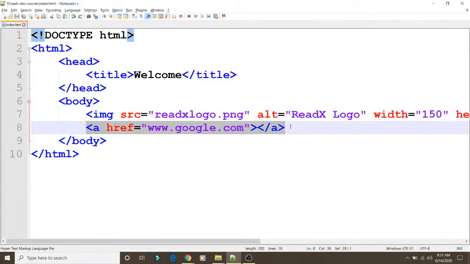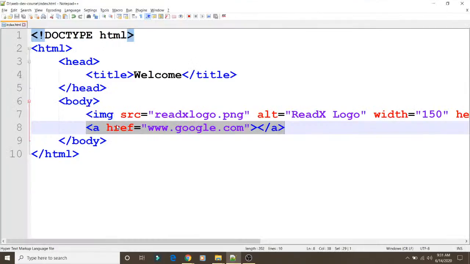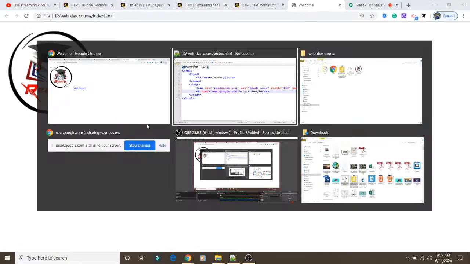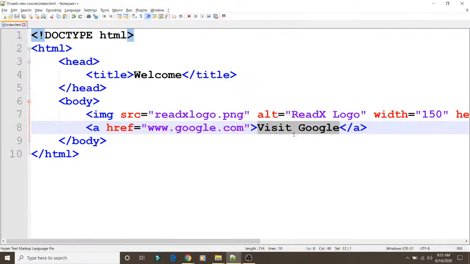You have given this anchor tag in your page, but no text is appearing, so it is unable to find where to click. So within this tag you can give the text which you want to display on your page. Suppose I write visit Google, you can see the link is coming, and the text whatever you have entered here will be displayed.